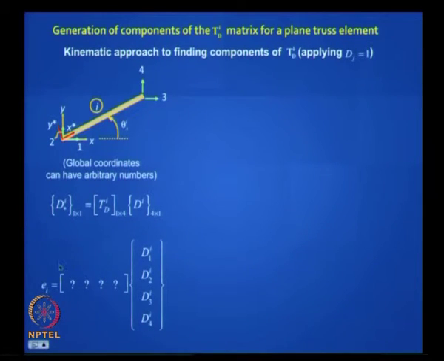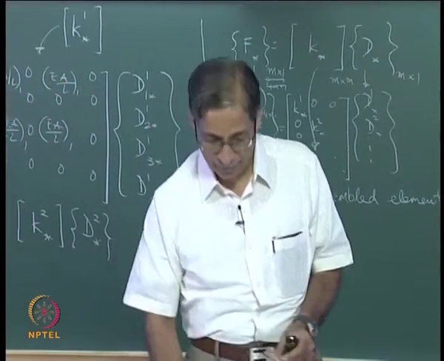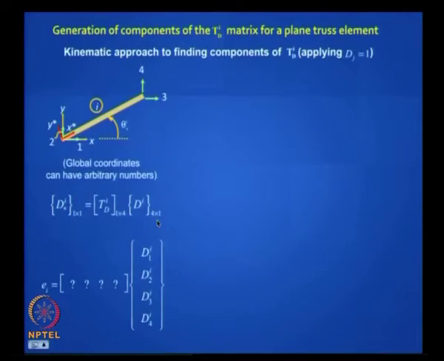So the elongation due to di1, actually this I can be removed, it can be just d1 because it is a global thing. How much is that? So you needn't put I here, okay, this I can be removed, but it is linked to the other I in the conventional stiffness method. Okay, what are these values? How do you work them out?